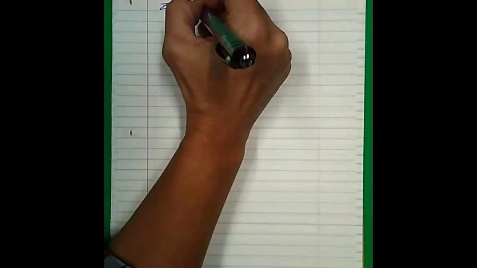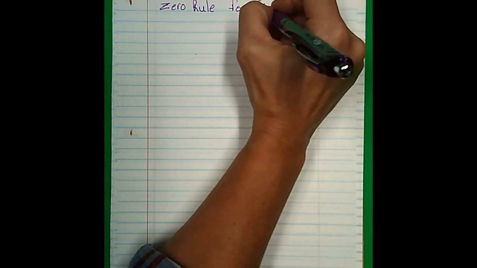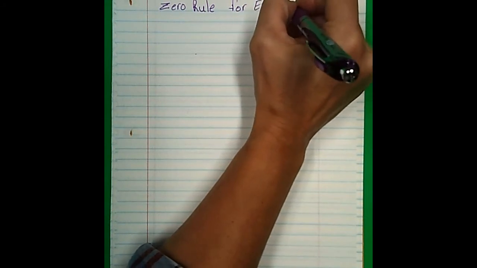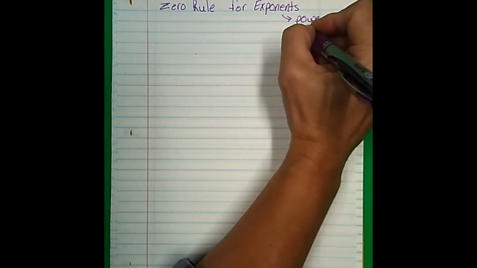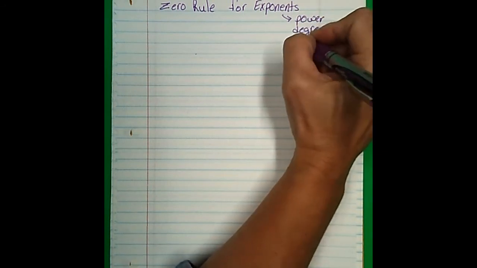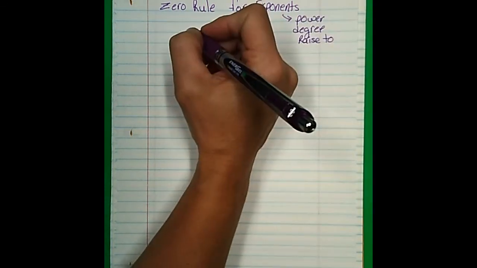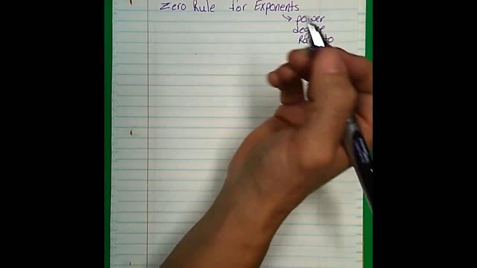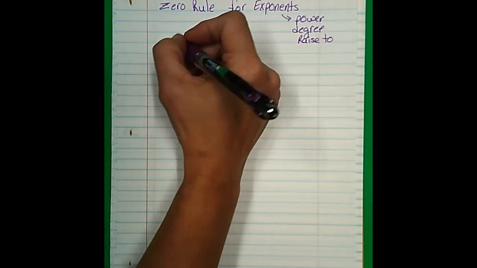Next, let's talk about the zero rule for exponents. Exponents can be called power, degree, raised to. So the rule about zeros is anything